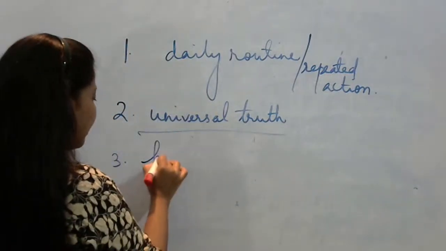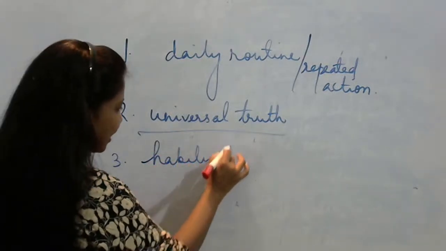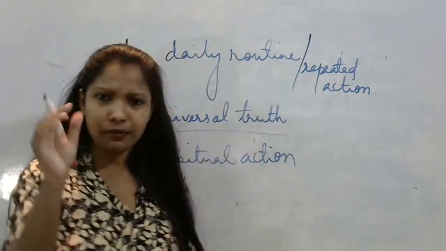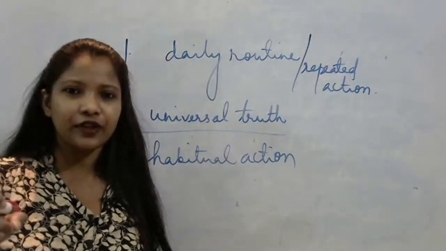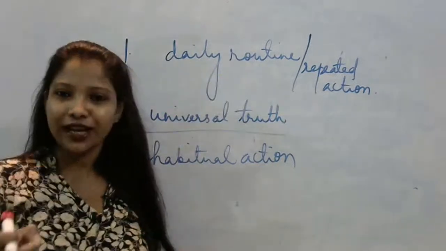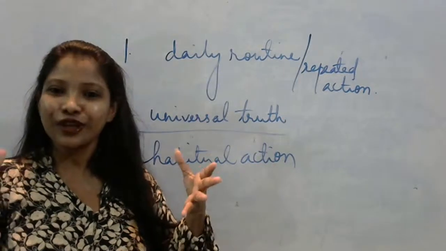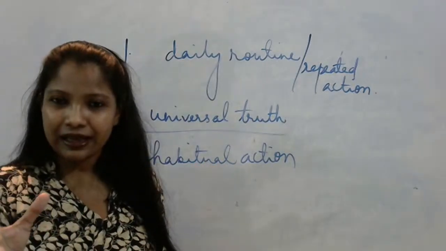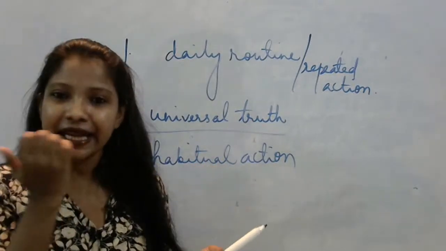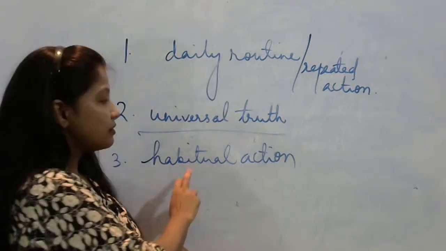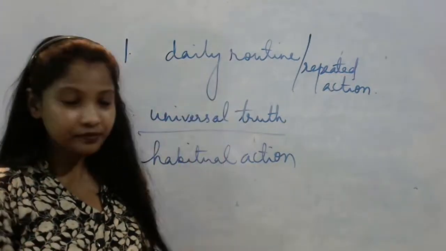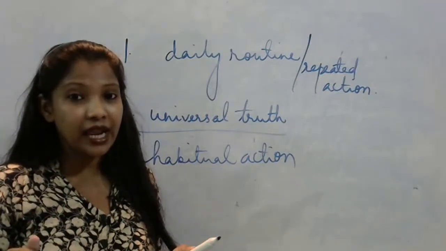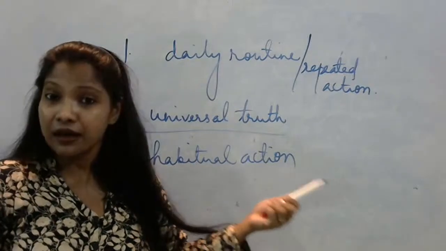One more usage is habitual action. Habitual action और डेली रूटीन में बहुत ही माइनर डिफरेंस होता है. डेली एक्शन वो है जो एक्शन हम लोग हर दिन करते हैं, जो कि हमारा रूटीन है. हैबिचुअल मतलब कुछ एक हैबिट है. जैसे for example biting nail is a habit, वो डेली रूटीन नहीं है. For example, I bite my nails when I am nervous.